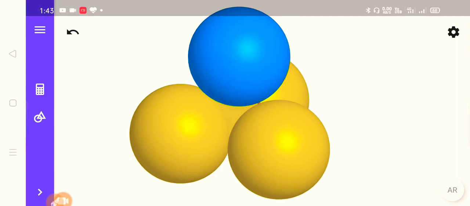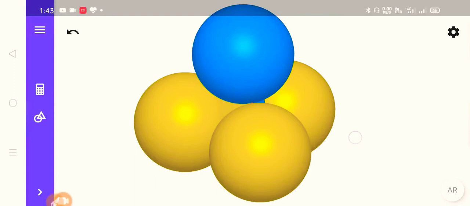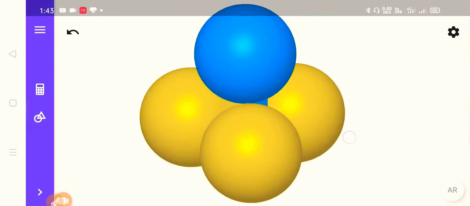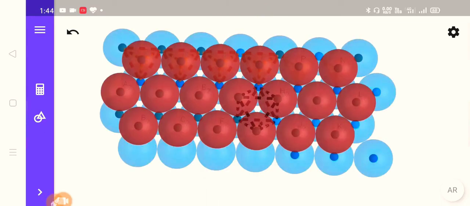When four spheres from two different layers meet each other, they will create tetrahedral voids, as you can see in this figure. So this type of tetrahedral void is created by these two different layers.